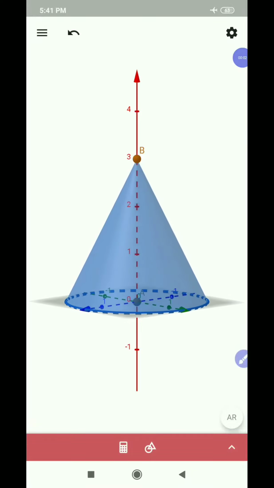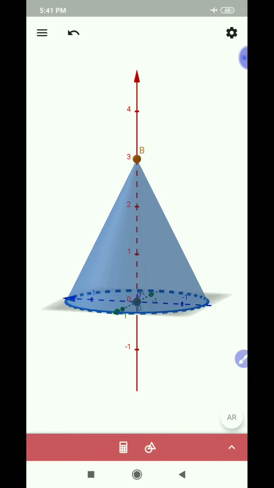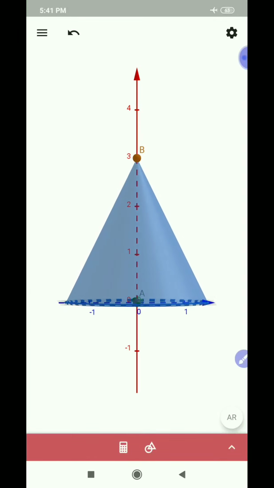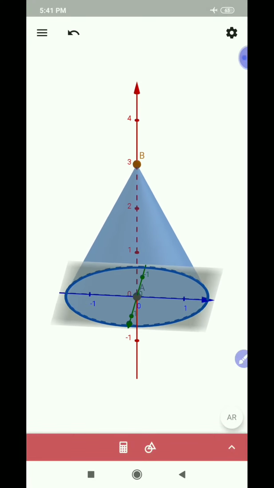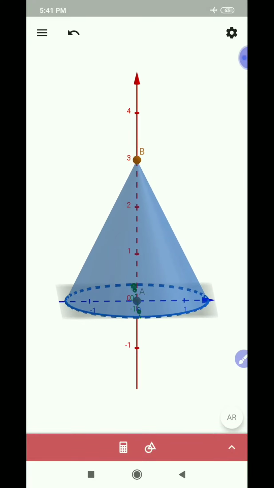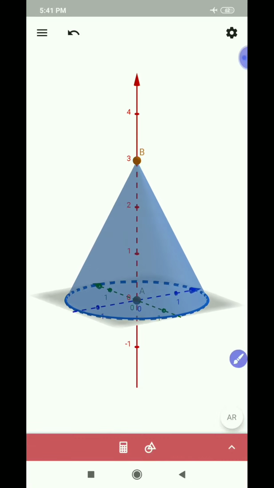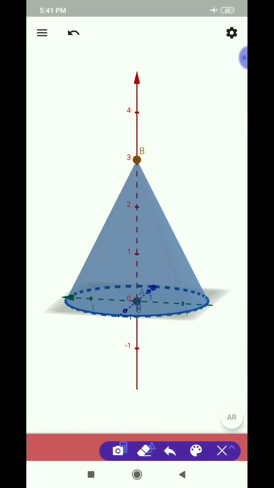What is this shape? Yes, you know it. It is a cone. I know you like it very much. What is the shape of the base? Yes, it is a circle. And what is its top? It is a point. Now, observe carefully. It has two heights. One is the straight height, denoted with h. Another one is the slant height, denoted with s, sometimes l also, and its radius is r.